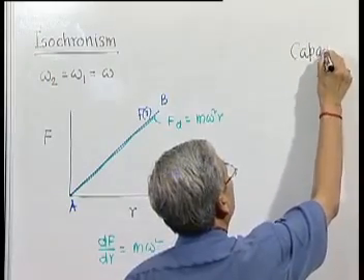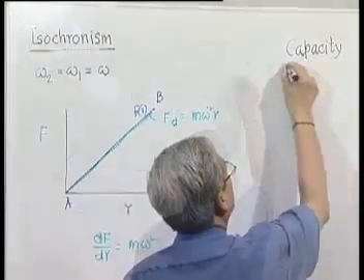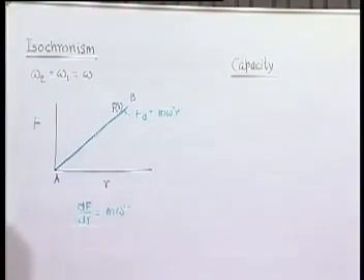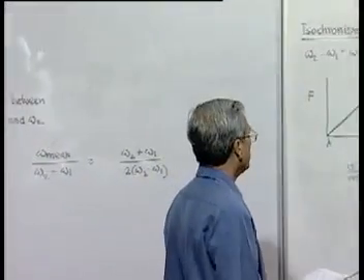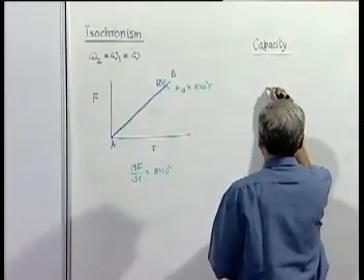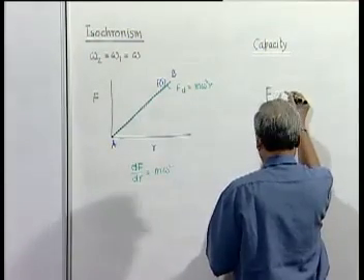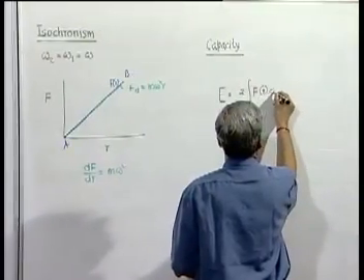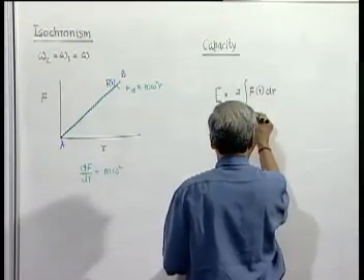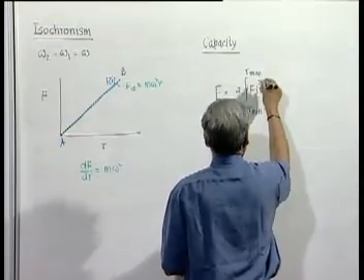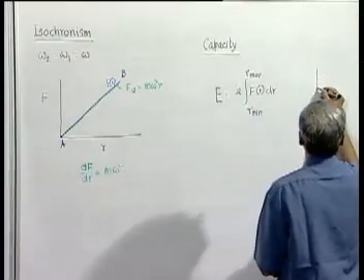The other term which we should be familiar with, the other characteristic, is the capacity. I have already mentioned that a governor has to do some physical work also by operating the whole valve control mechanism, and so it is important to have enough capacity, work capability of the governor, and this is defined as this, which is nothing but the work done